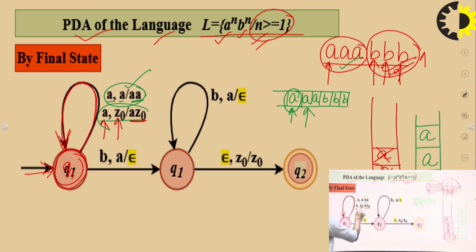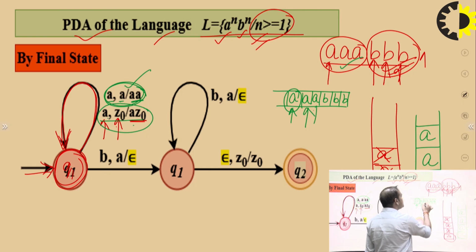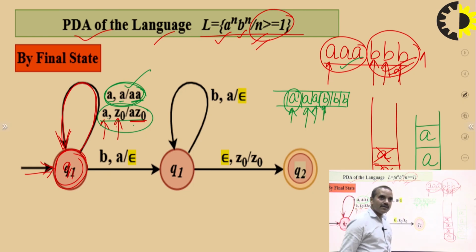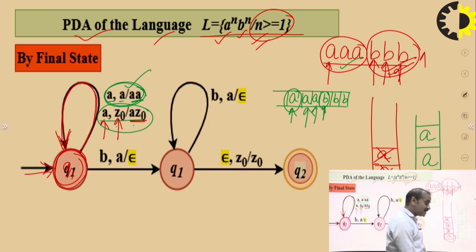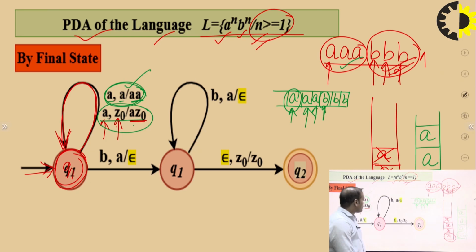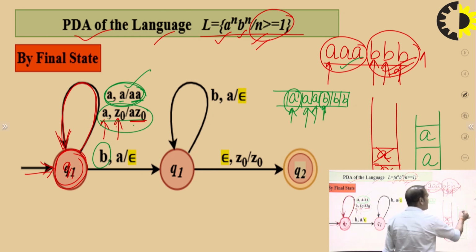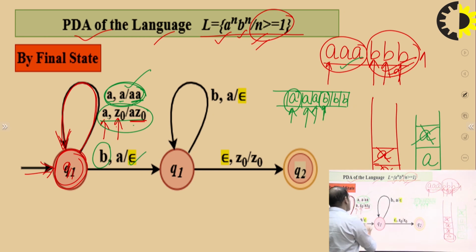And this statement is executed a single time, the first time. Whenever A is pushed inside the stack, this statement is stopped and the next statement's execution is started. After a number of A's are pushed inside the stack, now B is encountered. When B is encountered, we have to apply the pop operation. That means initially when A is encountered, we push, and when B is encountered, we pop. First B is encountered, the top of the stack is A, we have to perform here null,